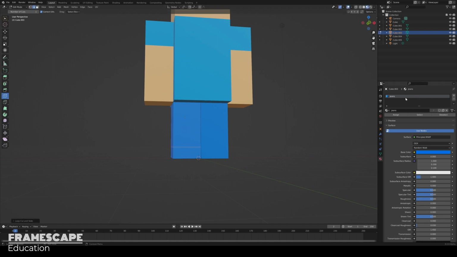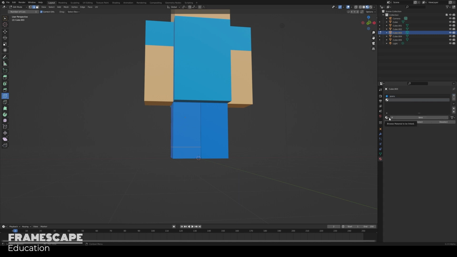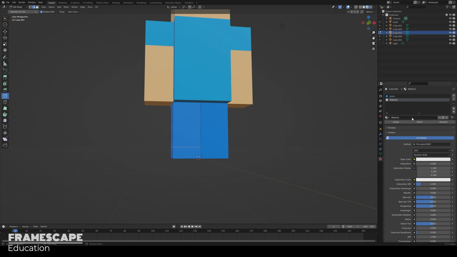I'm then going to come over to the color menu, click on the plus icon, and I'm going to need to make a new color because I don't have any colors here for shoes. I'm going to make a new color, and I'm going to call that color Shoes. I'm now going to come to the base color, click on the block, and color in my shoes. My character is going to have brown shoes, which is going to require me to use this brightness swatch to